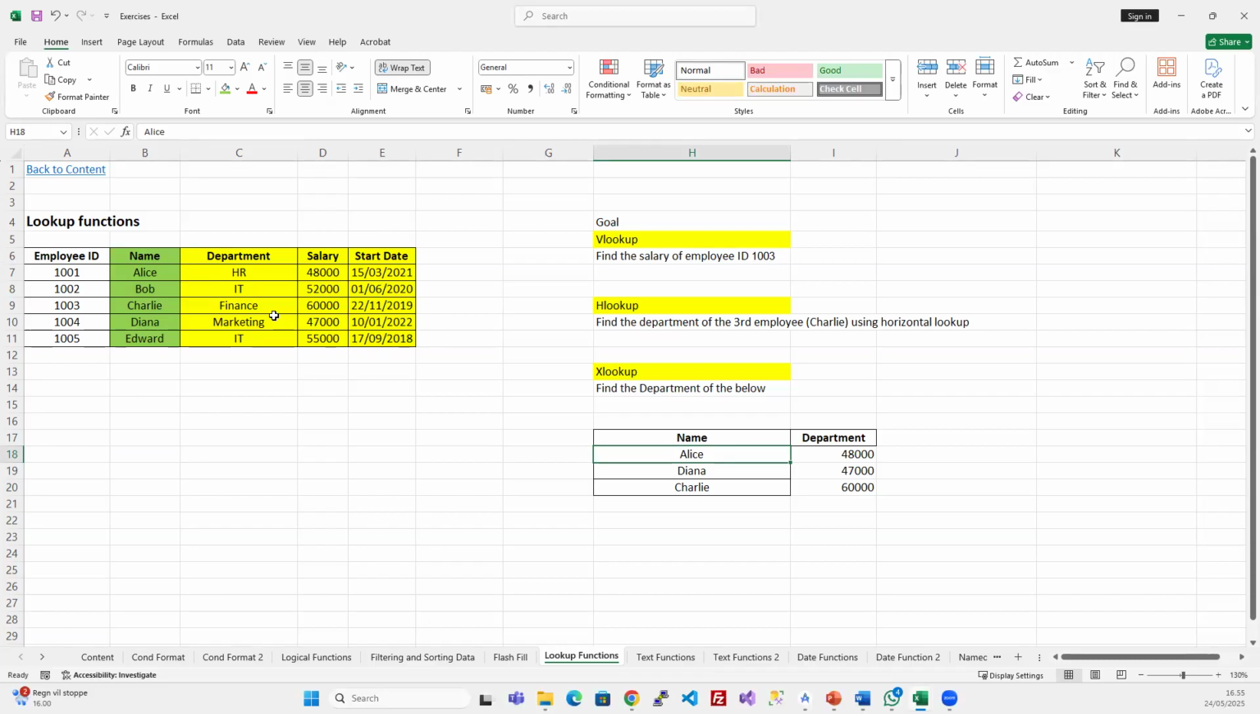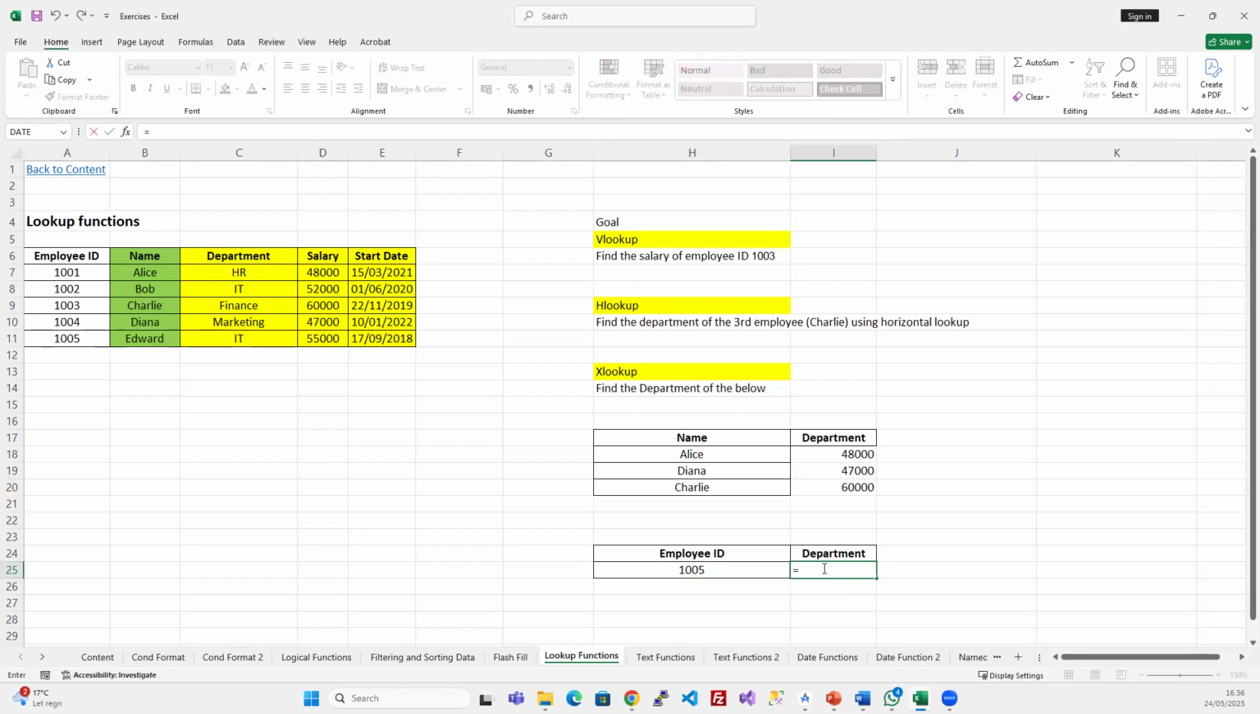So in this case, say for example, I was looking for employee ID. I'll just copy this one here. If I was looking for employee ID and I wanted to know the department that employee ID 1005 works for. Now, and this is a real example, you just have the ID. You don't know who the person is, the department, the salary, or the start date. You just want to look for that personnel within the list of employees and return the department of the personnel. You can use VLOOKUP